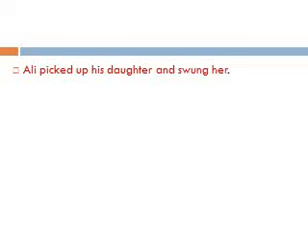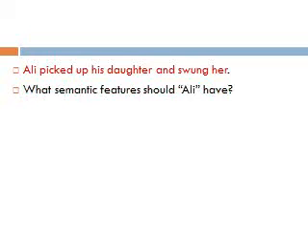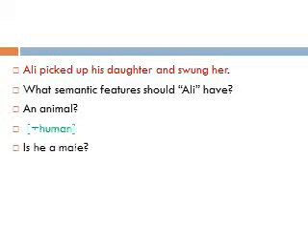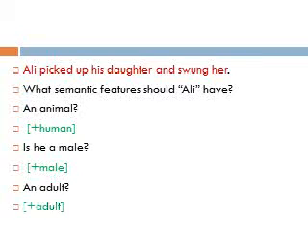So let's consider this example. Ali picked up his daughter and swung her. So what semantic features should Ali have? Let's consider it together. Is Ali a human being or an animal? Of course, he's a human being, so it should be plus human. Is he a male or a female? Of course, he's a male, so plus male. Is he an adult or a child? He's an adult, so he should